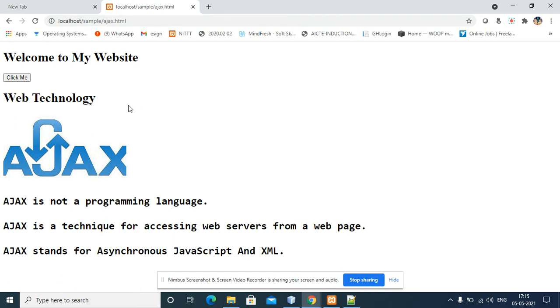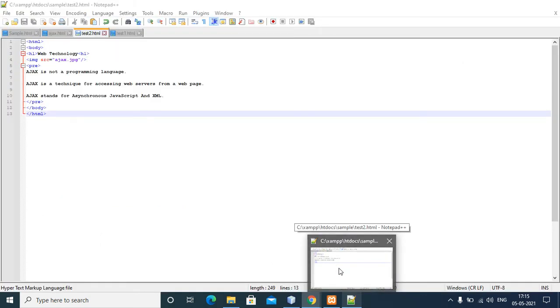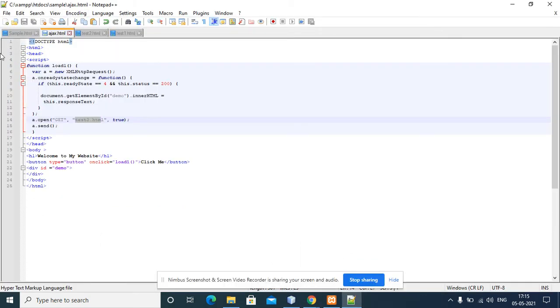That is web technology Ajax. This is not programming. These are the text which we have already given in the HTML file, right? So this is the Ajax program here.